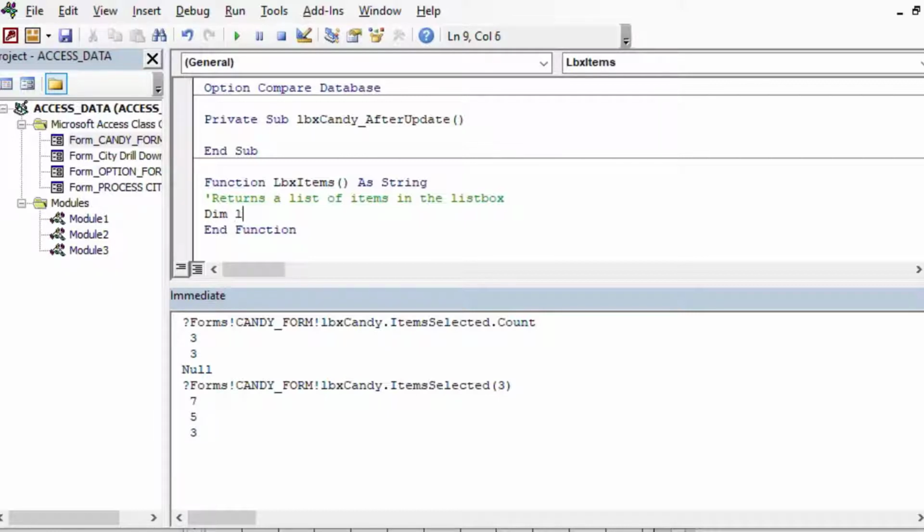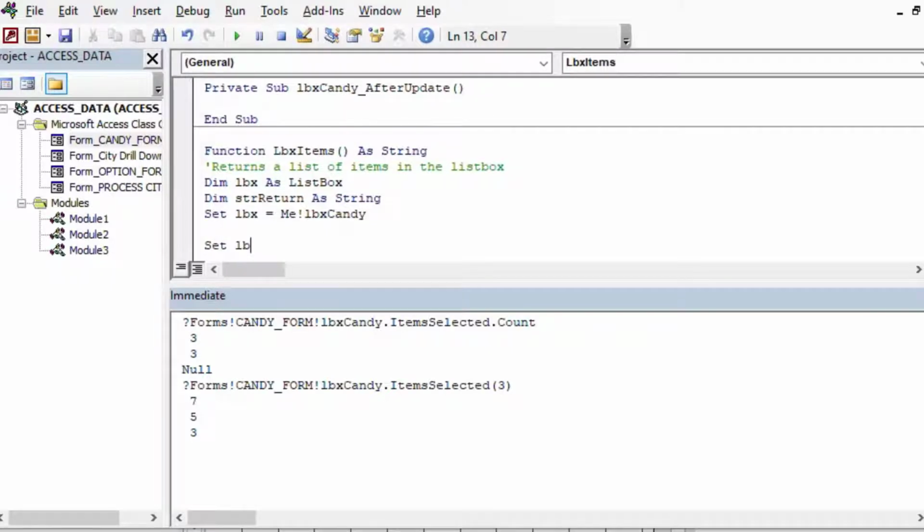We'll get an LBX variable there as a list box, and then we'll dim our return string so that we have something to return when we call the function. And we'll say set LBX equal to Me.LBXCandy, because that'll just set a nice reference for us to work with. And then from there we can